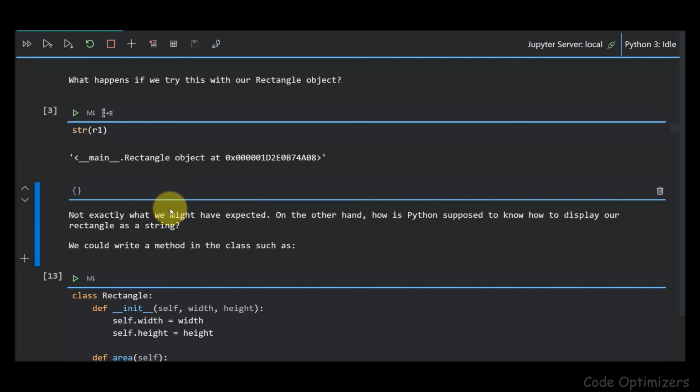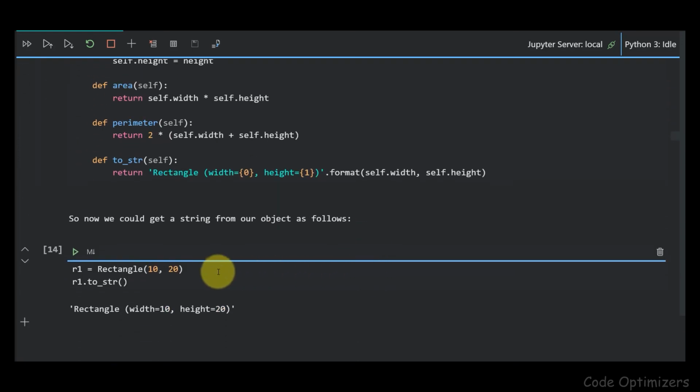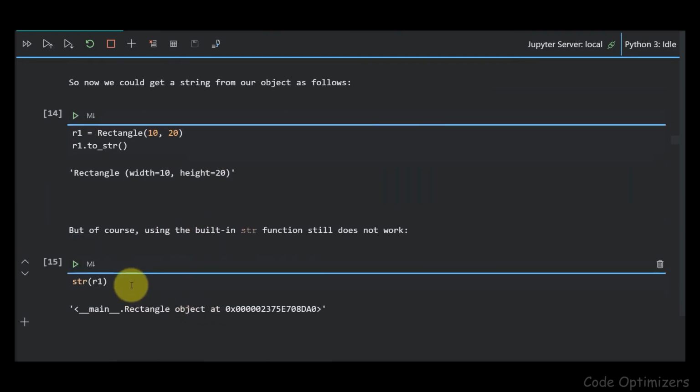Here we create a method in the class named toStr. toStr takes self as a parameter, and it returns a string with the width and height. So when we call the toStr method using object r1, we get the rectangle object in string form. So let's use r1.toStr. We get here rectangle width equal to 10 and height equal to 20. But still we cannot use the str function.